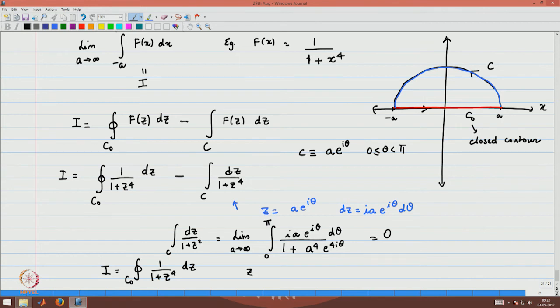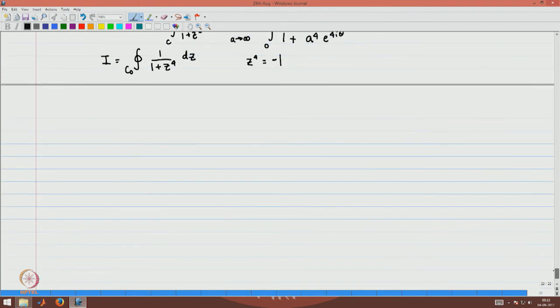The poles are at z power 4 equal to minus 1, so these are the fourth roots of negative 1, and these will be at the following points. If you want to take the fourth root of minus 1, what you do is you write this as